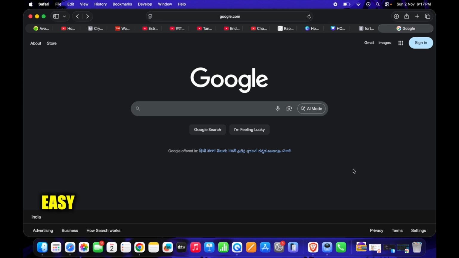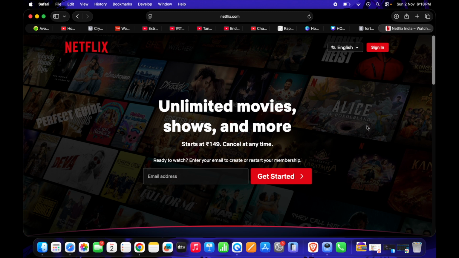For this, just simply open up your Safari browser and after that search for Netflix over here, and this is where it will take you. Since Netflix doesn't have any official app that you can utilize for your laptop or PC, you can just simply